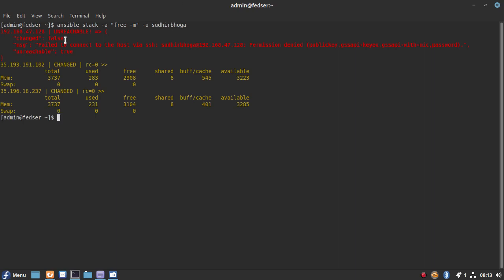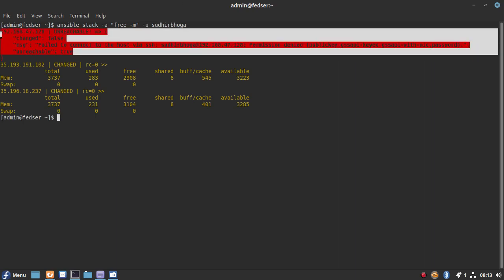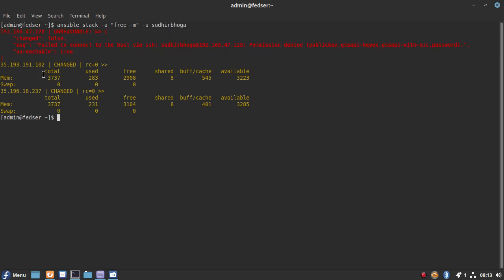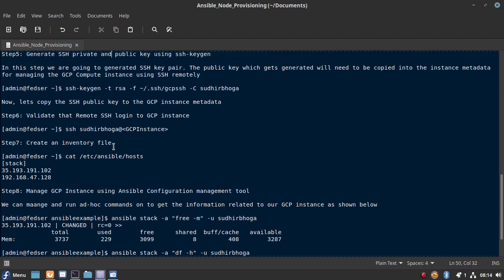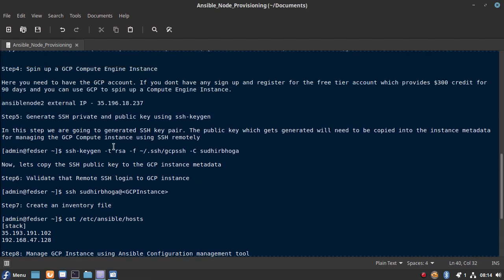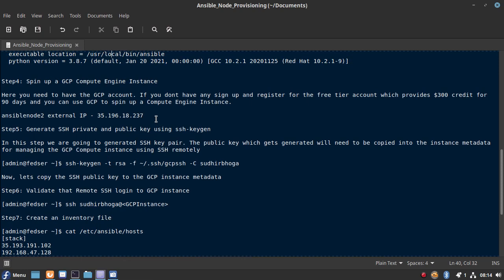You can just ignore the first thing. Basically, this is my local machine, which is currently not reachable. But if you check the other two nodes, these are my two GCP machines which I have spun up. The IP address that we have just updated for Ansible node 2 is ending with 237.